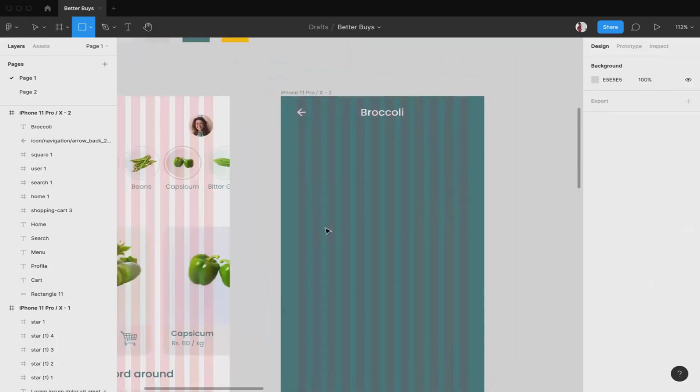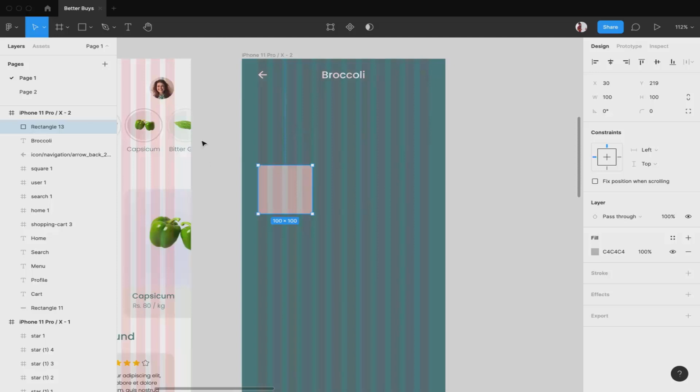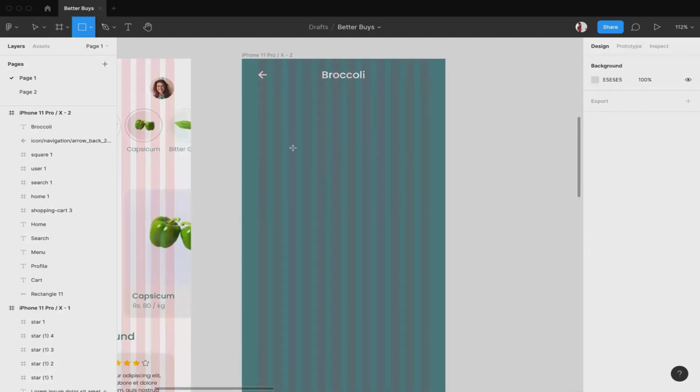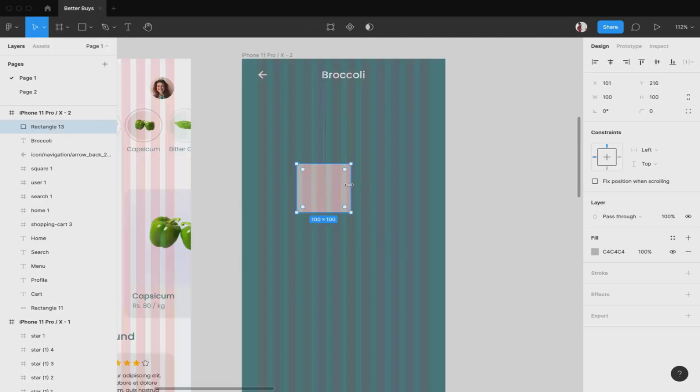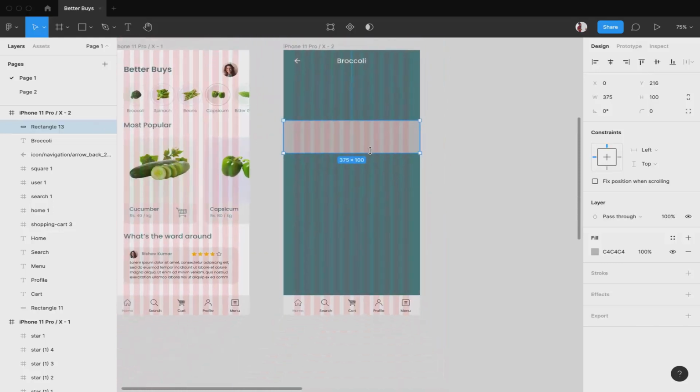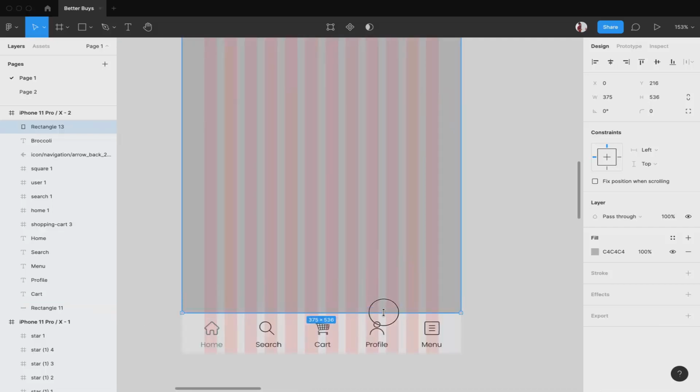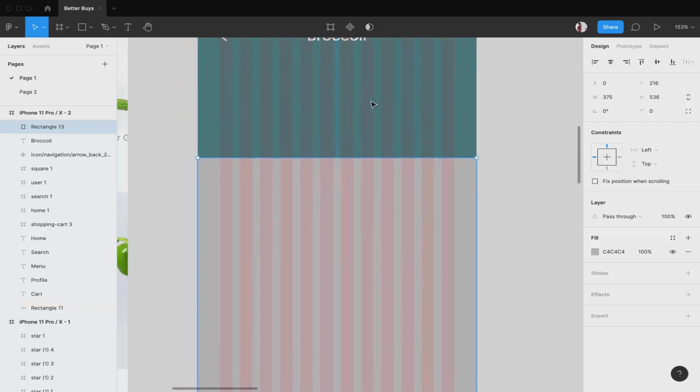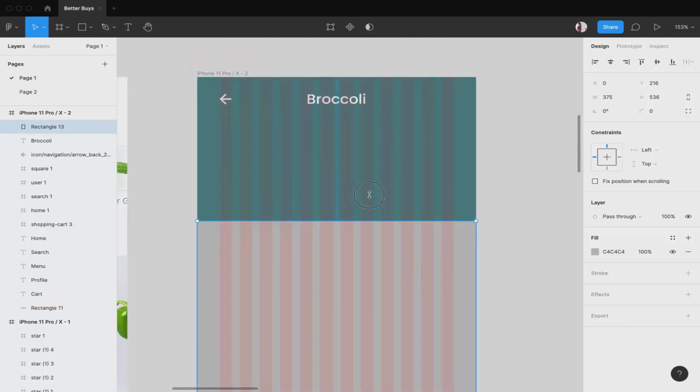I'll add a square over here. There are two options to create a square. I'll click on this and then drag and create a square, simple. Or I can simply click and get the square and then edit it to the desired shape I want. So I did the second one. Now I want it till here. I'm sorry, it should touch the bottom navigation bar, and at top it should be till here.